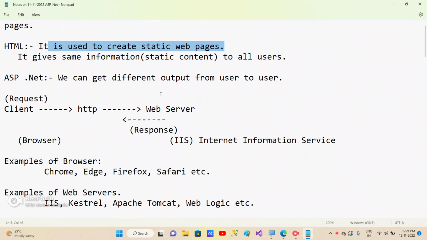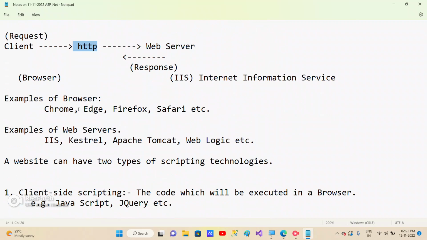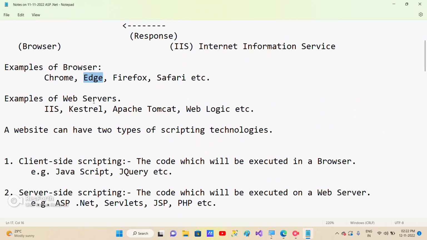Okay, and we have discussed the request will be moved from browser to the server. So, the web server will receive the request, process it, and send the response back to the client using the HTTP protocol. The response will come in HTML format. And for browsers, you can use any browser like Chrome, Edge, Firefox, or whatever. And examples of web servers are IIS, which we use mostly, and the Kestrel server,